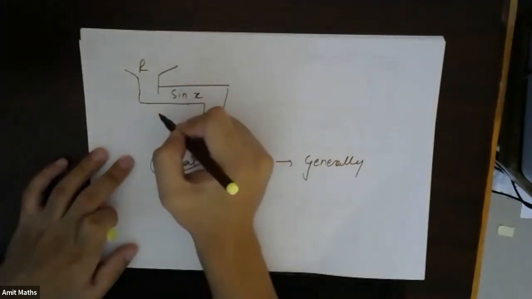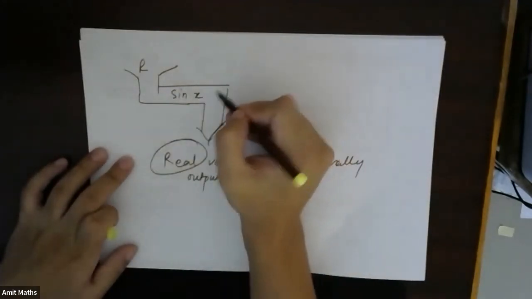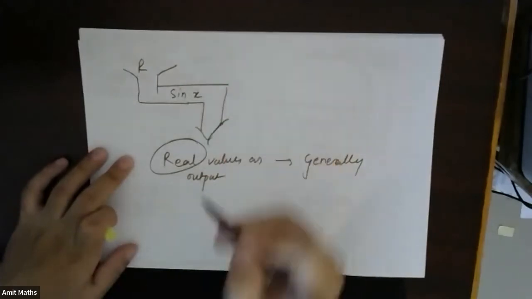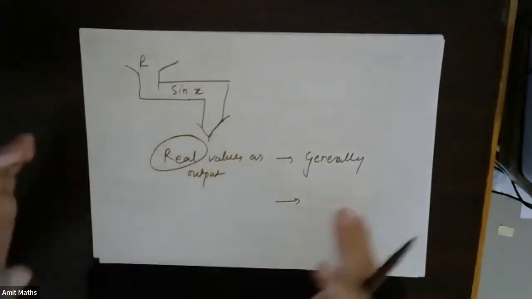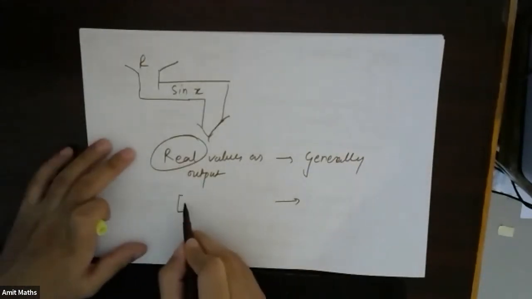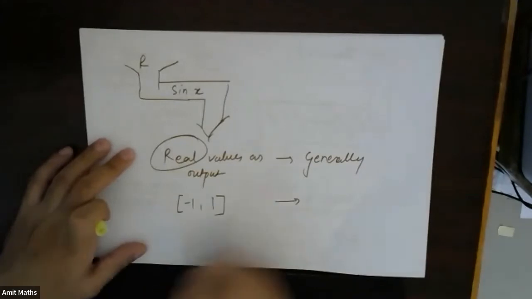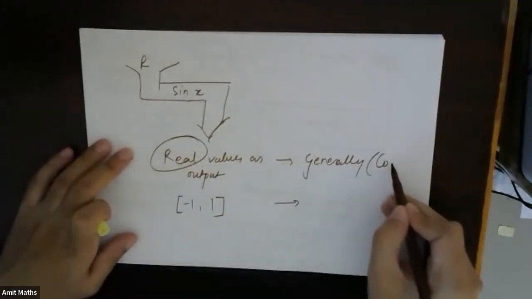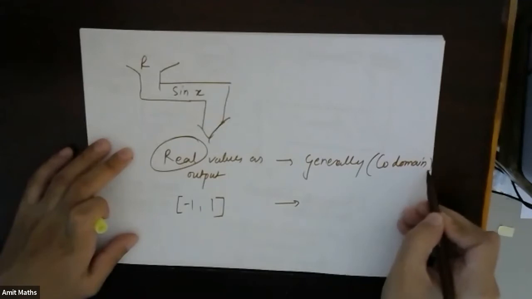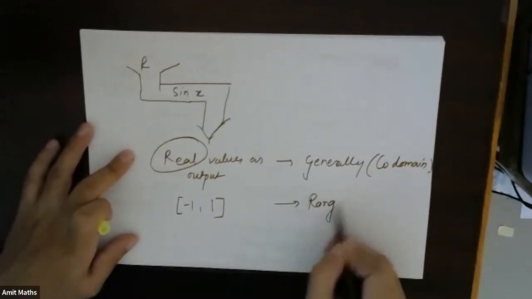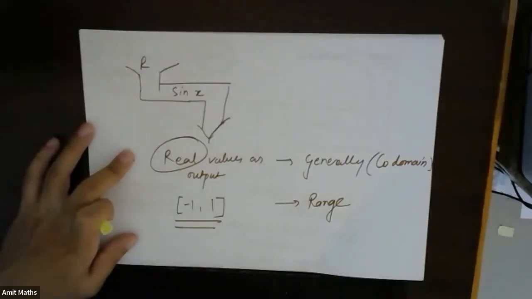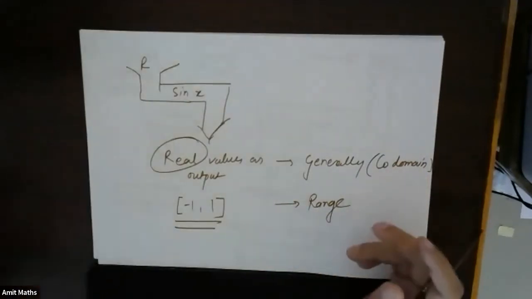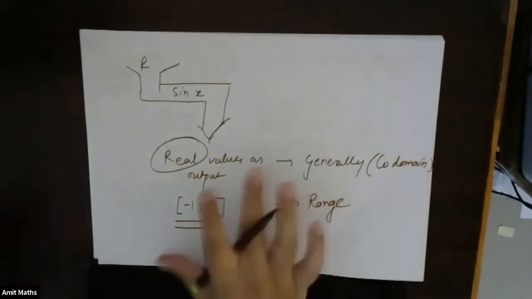But when I run the process, when I run the machine, when I draw the diagram, when I plot the curve, I see that this general result was a bigger set. My smaller set was from -1 to 1. So this general result became my codomain. And what became my range? Range is only those values of y which it actually takes. So this becomes my range. Understood? If range becomes equal to codomain, we have already seen, we call it a surjective function. So this is okay. Fine.